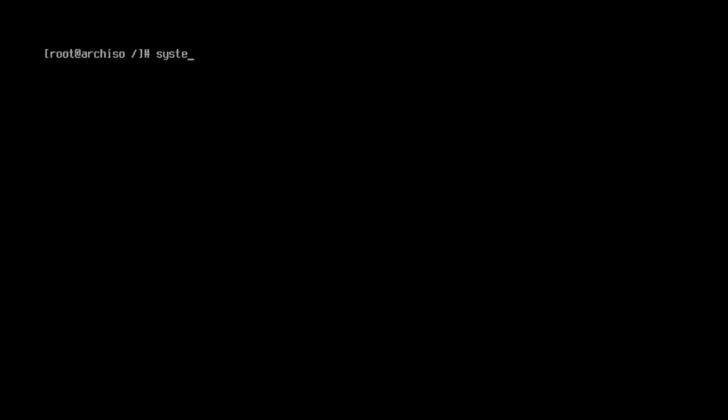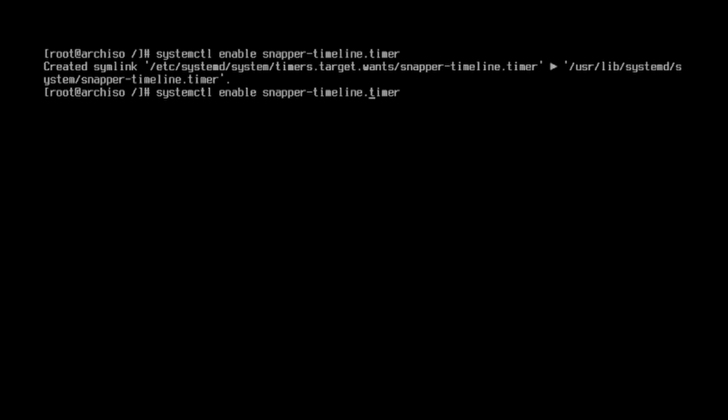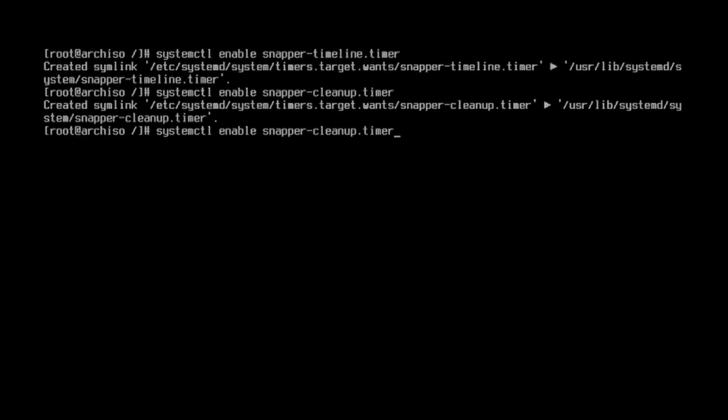But hey, what we can do is systemctl, we can enable the timers and stuff. So we can do snapper-timeline. So this is basically your timer for when snapper takes snapshots, so basically how often it will do it. And then there is another one called cleanup. So this basically cleans up the system. So let's say you have like 20 snapshots and you want to keep only 10. Whenever it gets past 10, the 11th oldest one will get deleted automatically. Yeah, so there you go. That timer is created. And also we can do